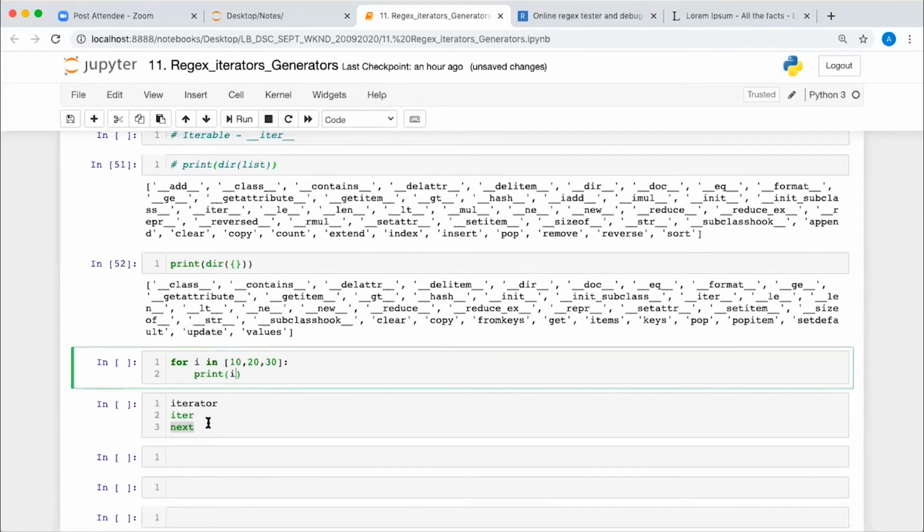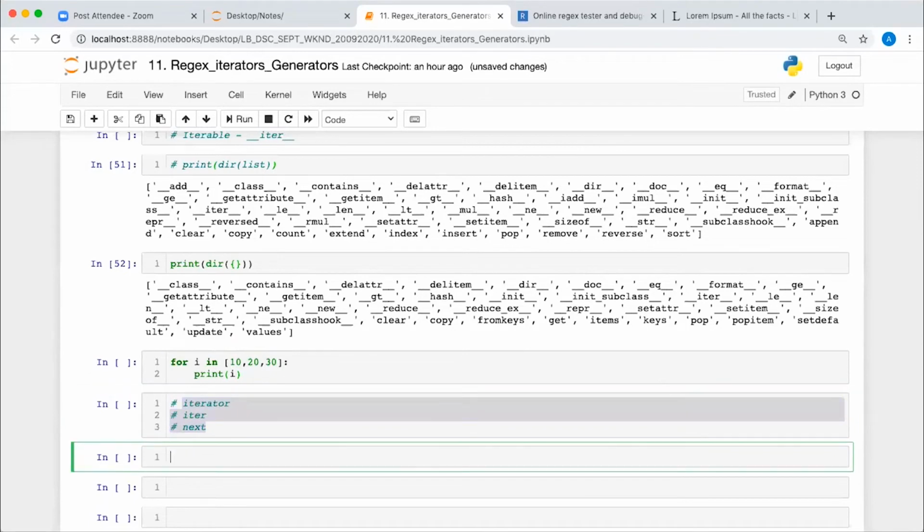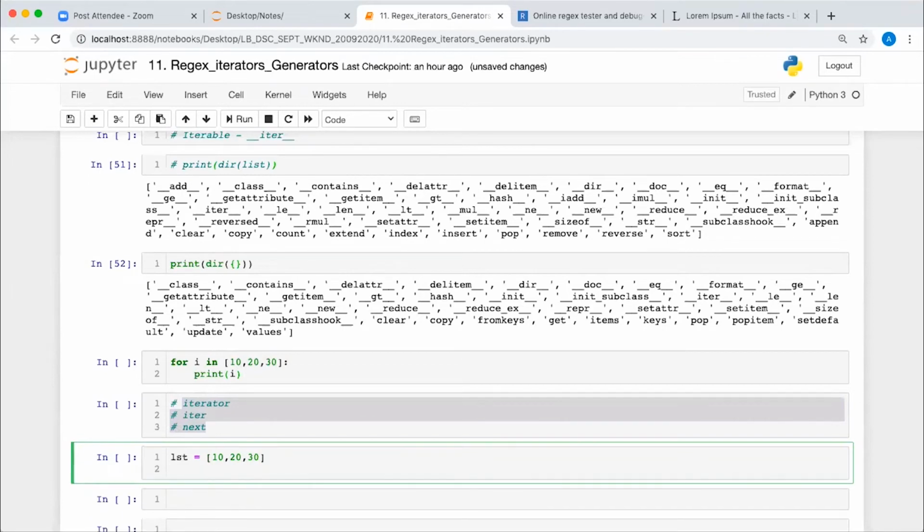So for example, let's say you have lst is equal to 10, 20, 30.